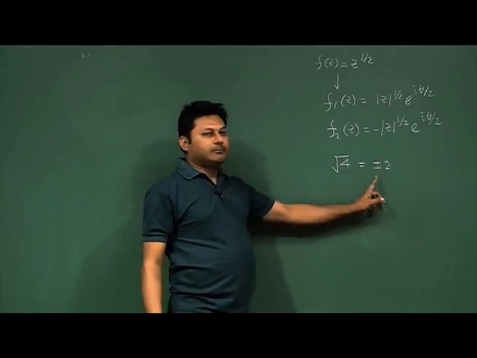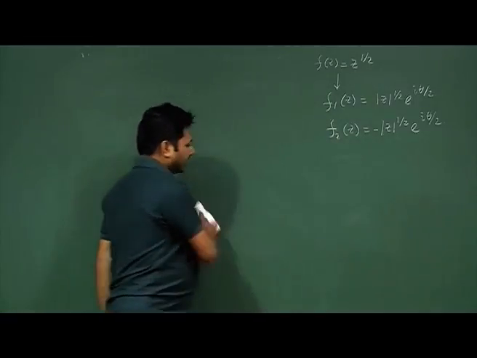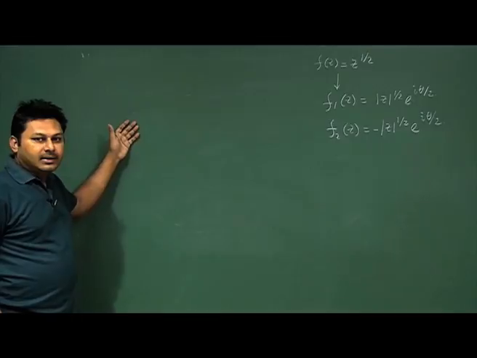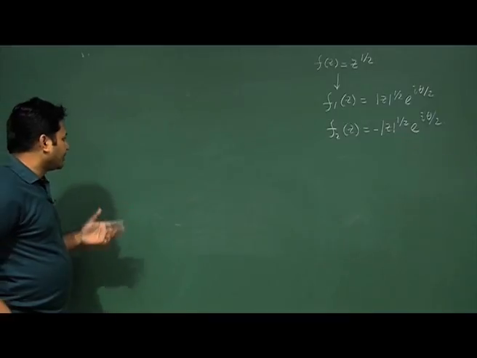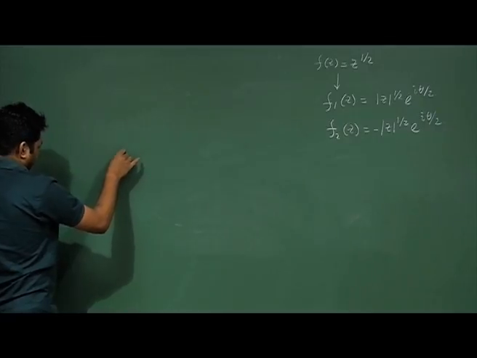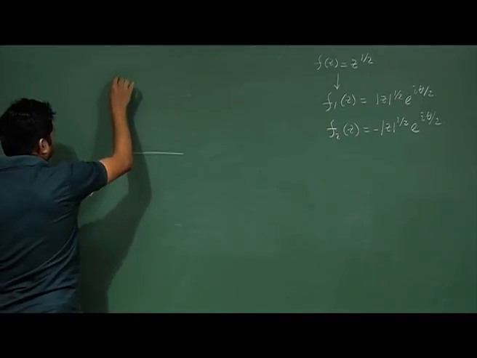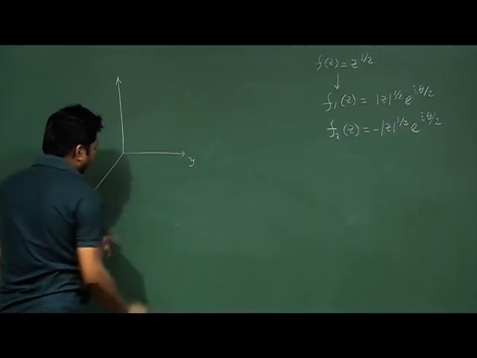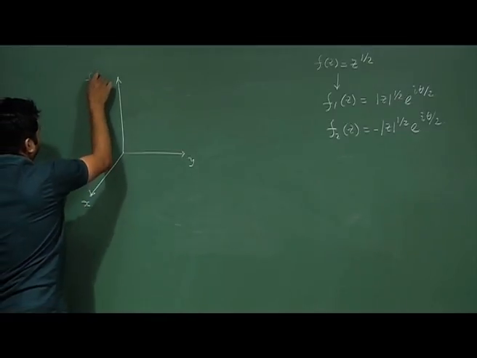One branch is for plus, another branch is for minus, but in the complex case I need to be more careful because things are slightly different here. So, now let me try to give you the essence of this multi-valued function in terms of some kind of projection or some kind of topology. For example, this is my x, this is my y, and this is my xy plane, and perpendicular I have f(z).